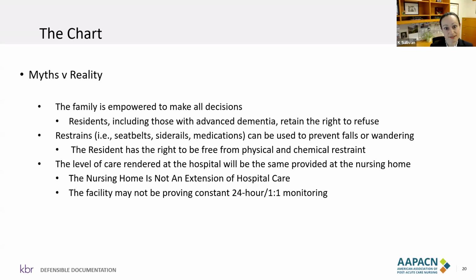It's important to ask the family, what are they expecting? And having those conversations, and then documenting that those conversations occurred and what was discussed, whether it's the social worker or a nurse that's going to be on that unit regularly and really know that family. This is the idea of setting expectations. So seatbelts, in addition to monitoring, is a huge one. Side rails, the use of medication appropriately and inappropriately. These are all things that are common sense day to day for us.